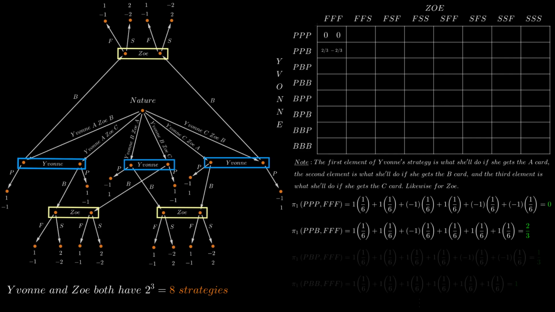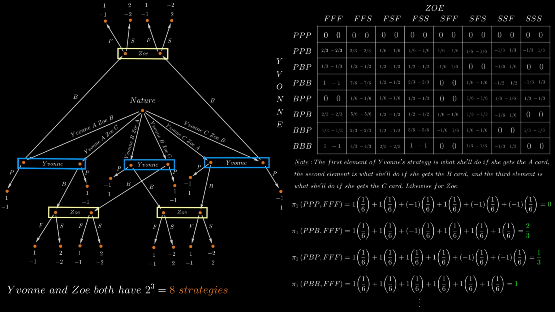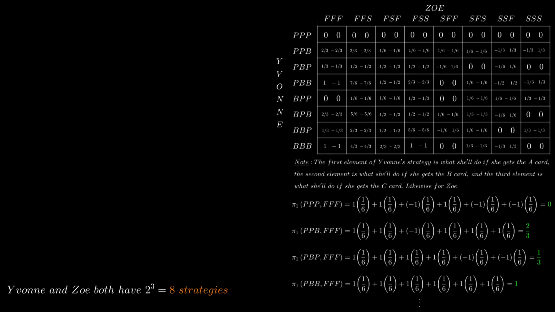So the payoff is the sum of the products of the outcomes with the probabilities of the players receiving the cards that they get. So we fill in the table using this formula and we get these payoffs here. So now what do we do? We apply the IDWDS procedure on this game. That's what we do.